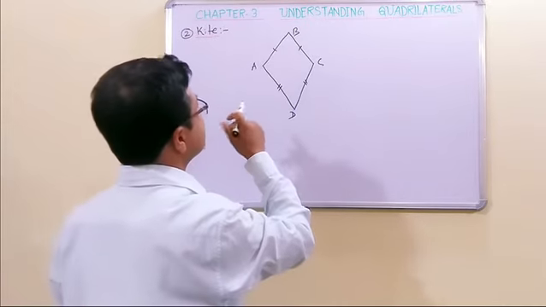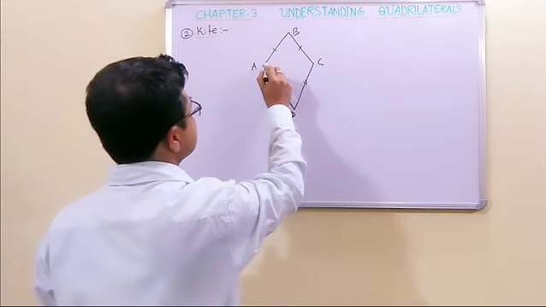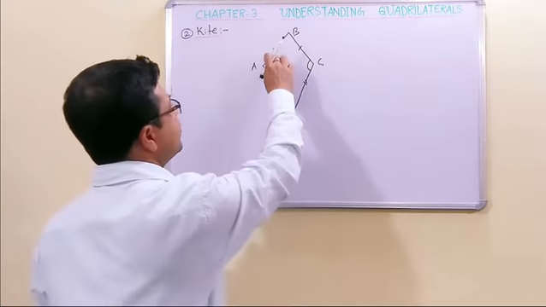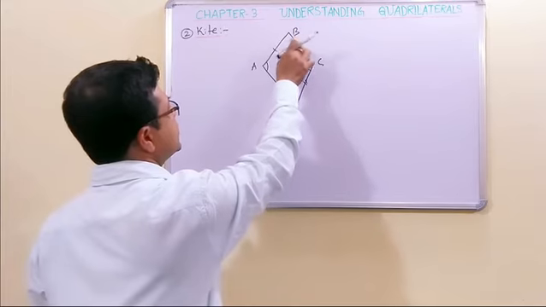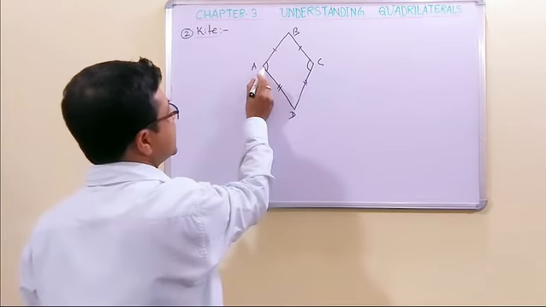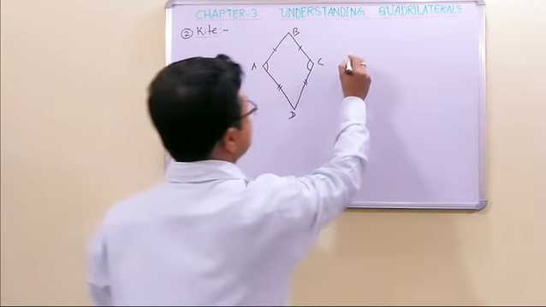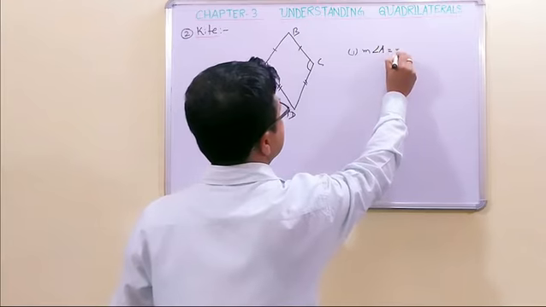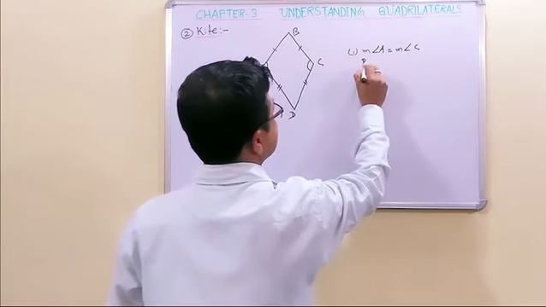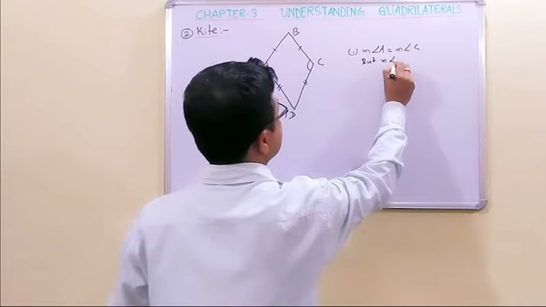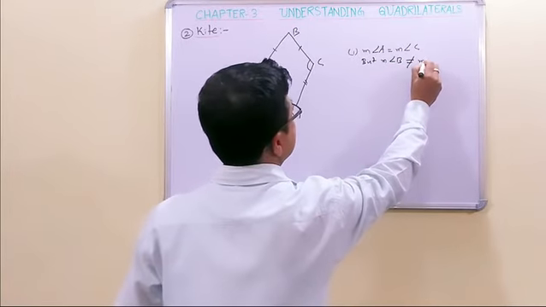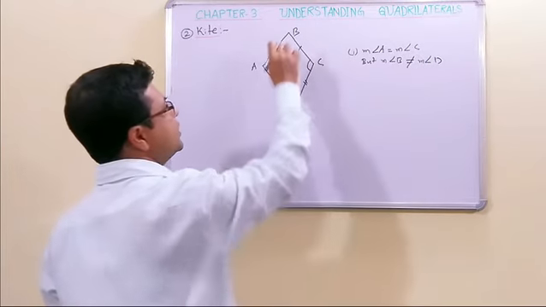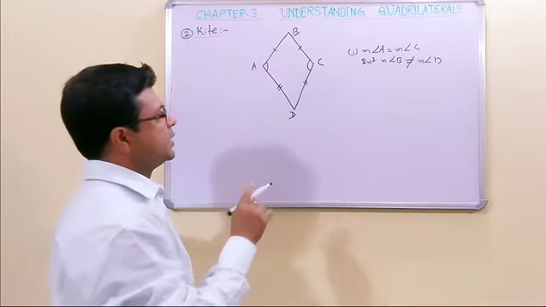Now the other properties are that this angle and this angle are equal. That is, the angle formed by the equal side of this pair and the equal side of this pair, these angles are equal. The first property we are getting is that the measurement of angle A is equal to the measurement of angle C, but the measurement of angle B is not equal to the measure of angle D. These two angles are equal, but the others are not equal. Always it is correct.